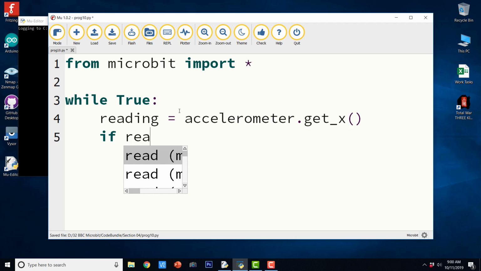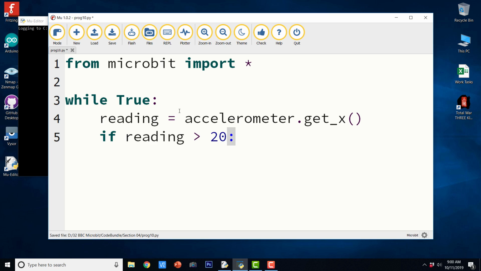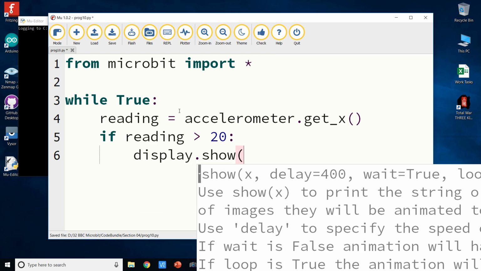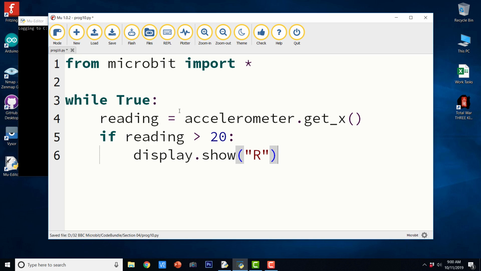If reading is greater than 20, display.show H. Sorry, it should be R. R for right.